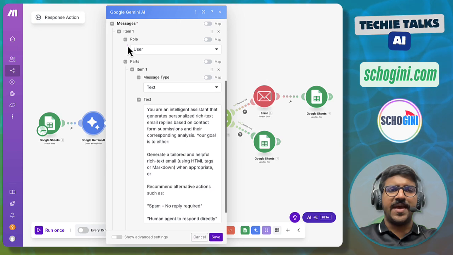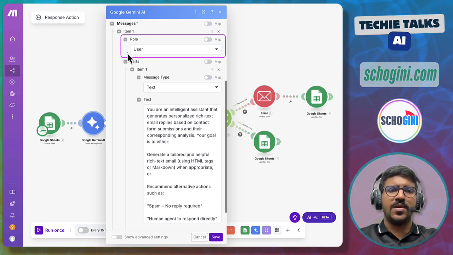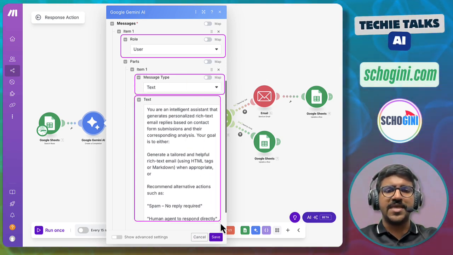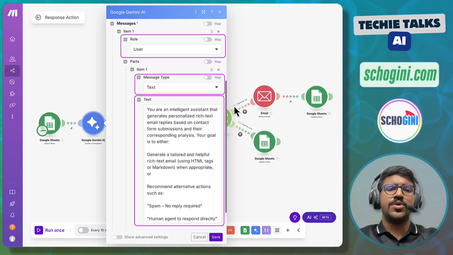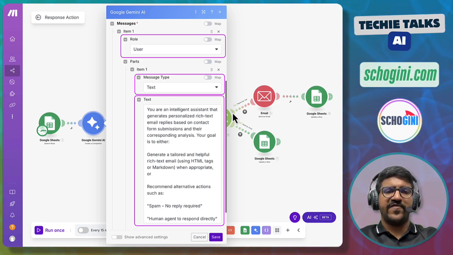Now under messages, I am adding one user message. See, the role I am selecting as user, and the message type I am specifying as text. And here is where I am using the prompt, a custom prompt that I created, which I want the LLM to use to process the data in the Google Sheet and generate the proper response. This prompt you will be able to adapt depending on your organization, your scenario, and what operations you want to perform in response to the contact form